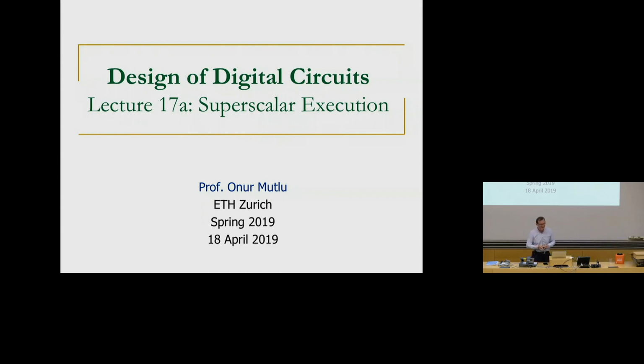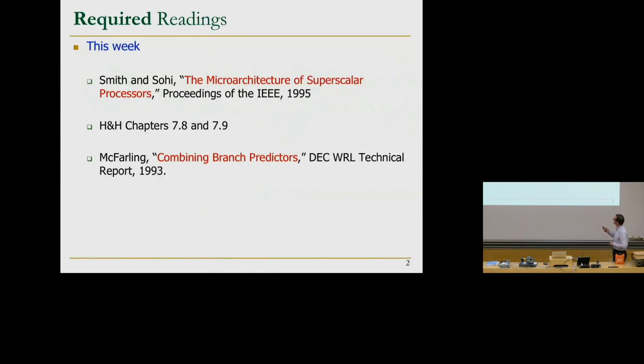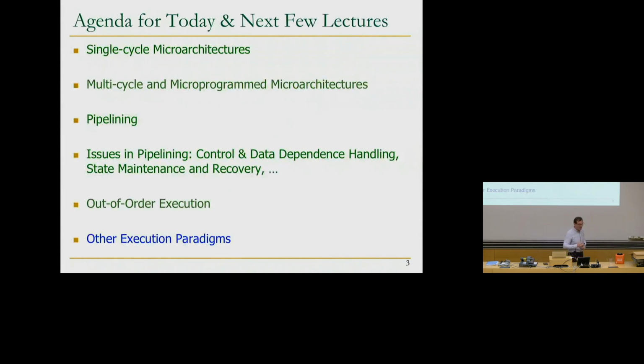But we're going to cover whatever we left off from the previous lecture, and then we're going to go into branch prediction today. Superscalar execution is an easy concept, so hopefully we won't spend a lot of time on it. But recall that you should be doing some readings. Hopefully everybody has read these, and hopefully everybody has read that one also, because we're going to talk about that today. And basically, we were done with everything until here, out-of-order execution so far. Today we're going to briefly cover other execution paradigms, very briefly, and then we're going to go into branch prediction,